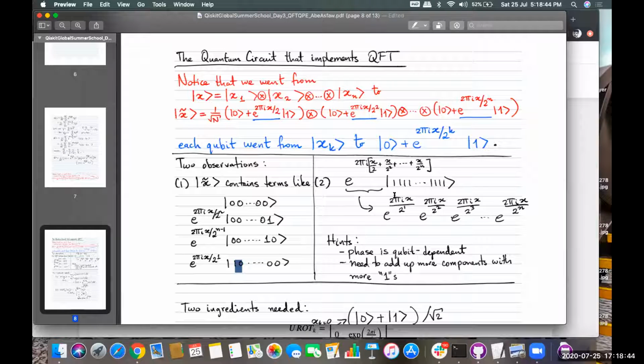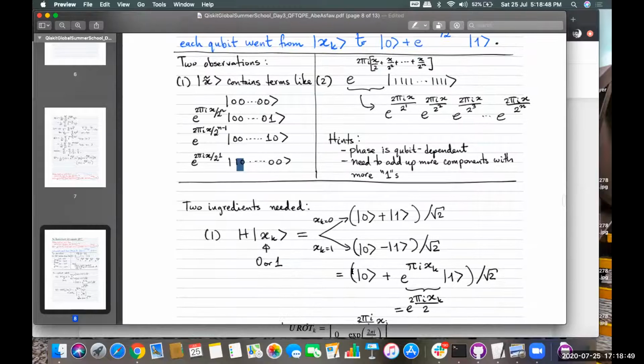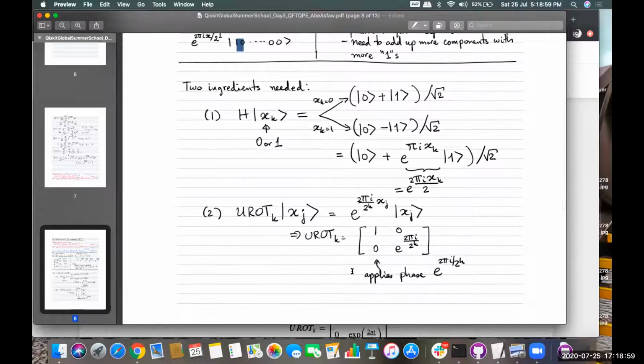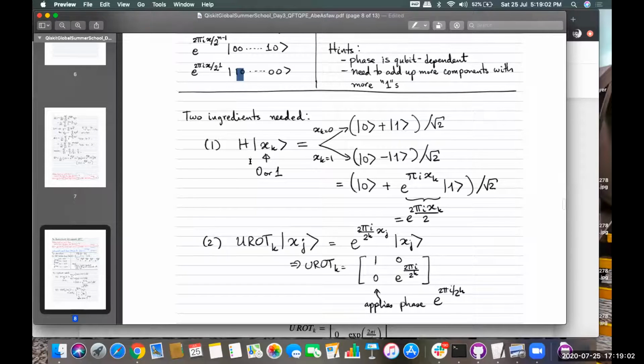Yeah, so that is the case here. For applying the quantum Fourier transformation, I mean for creating such a circuit to apply the Fourier transformation on the quantum states, we need 2 types of operation. One is the Hadamard gate, and another is the U root. U root here stands for unitary rotation. Okay, so talking about the Hadamard gate, which we have already covered in the previous lecture.